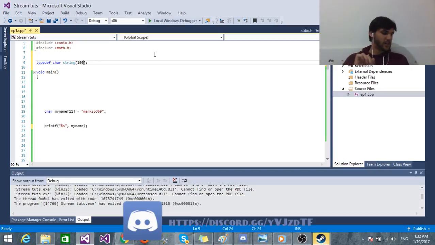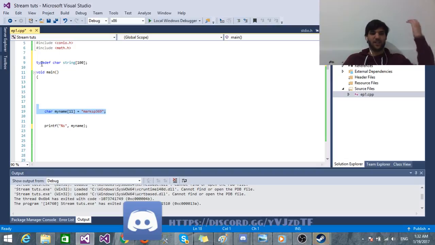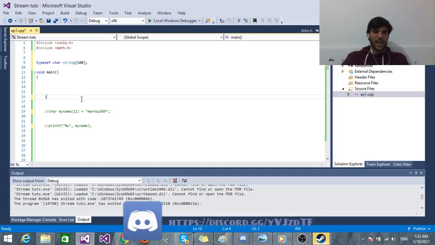Whoops, syntax error. So what we did right now is create string, which is an array of 100 characters that we can use and have at our disposal, right? Which is really cool, because now we can type strings instead of doing all this, which nobody wants. I'll comment this out because nobody cares about it. We'll just do string,